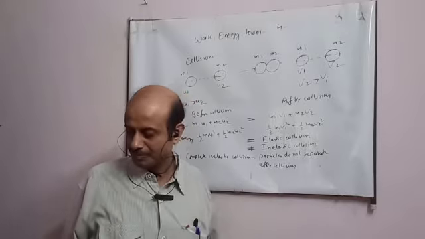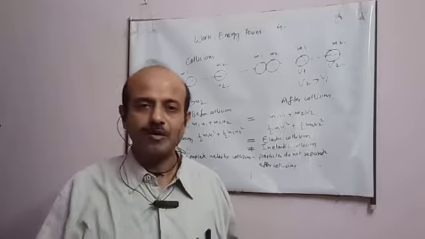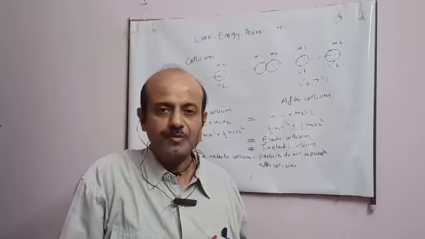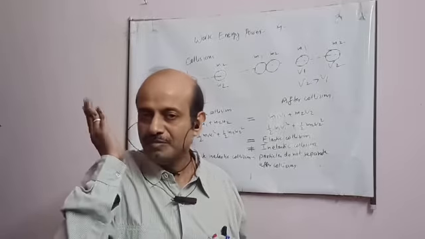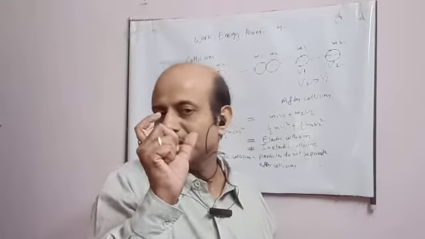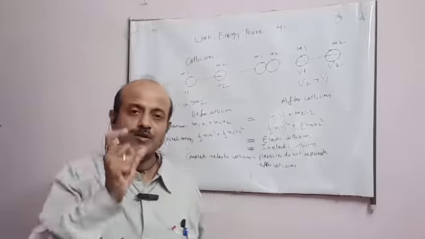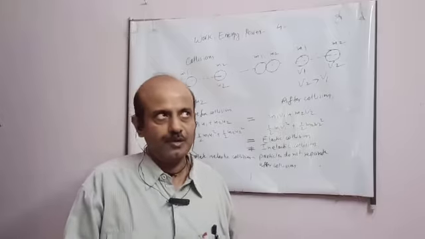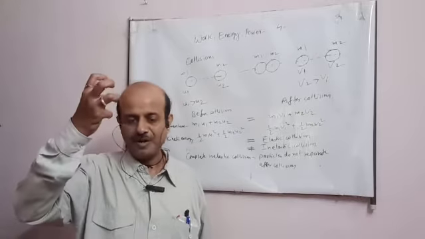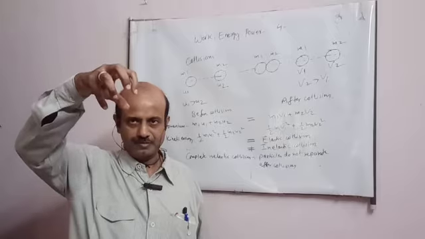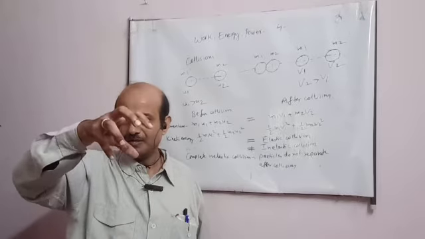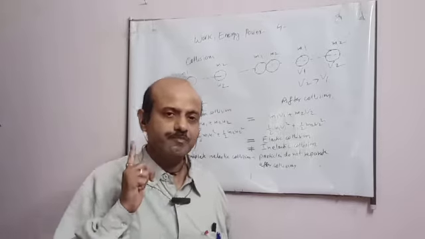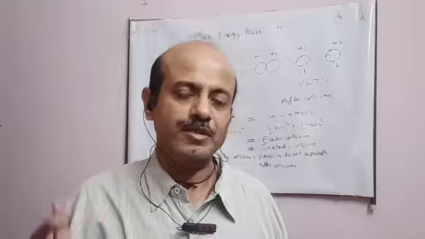That is elastic collision. But in the second case, suppose we drop a ball from a height, say 10 meters. After collision, it returns up to 8 meters only. It is not coming back to 10. This means it is not restoring that velocity. This means there is a loss of kinetic energy, and this is a case of inelastic collision. Now suppose we throw some mud on the ground. That mud particle, after falling on the ground, does not separate. That is completely inelastic collision.